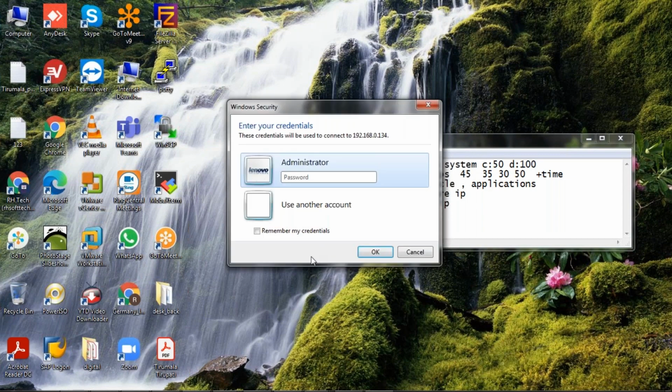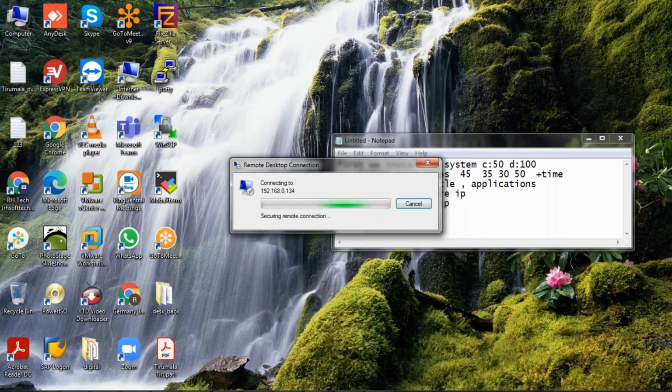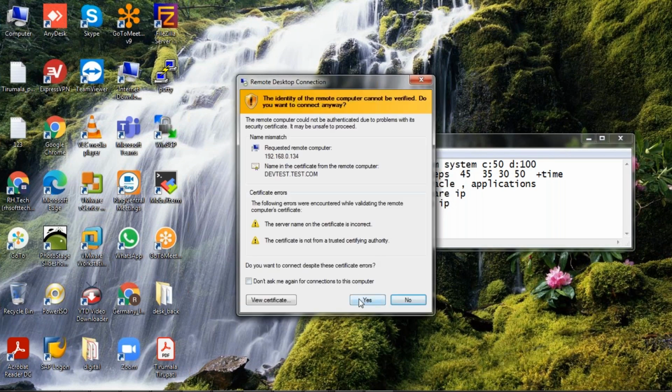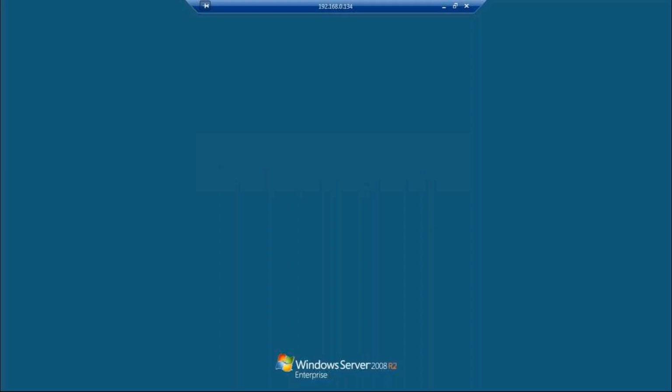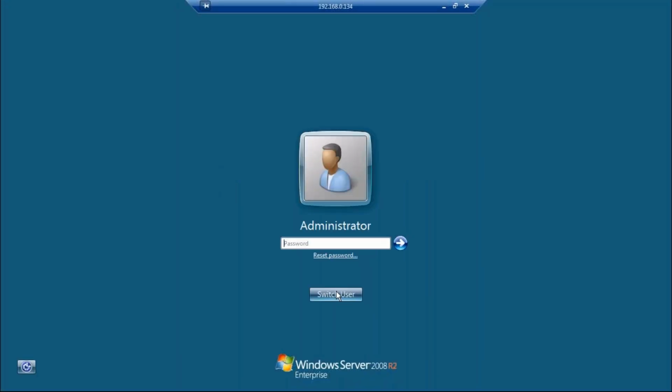Just enter the password. It seems you entered the wrong password.